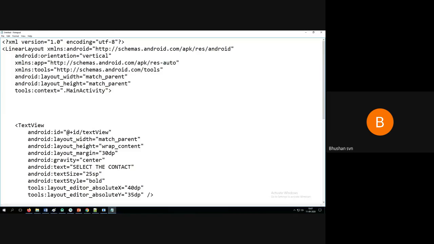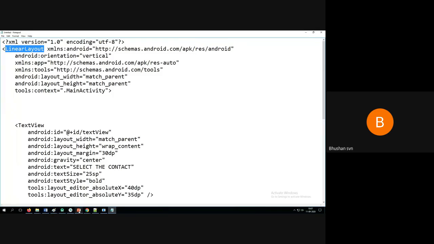When you try to open this, it will give you a constraint layout. But what happens in the constraint layout?